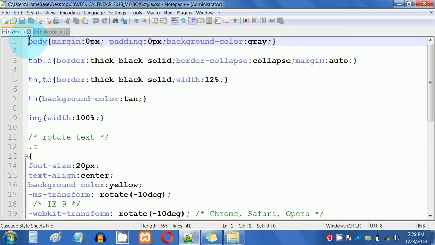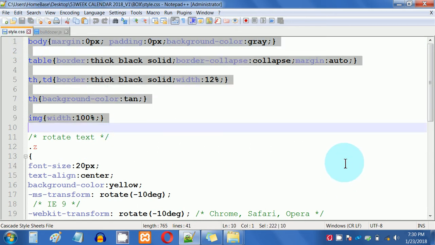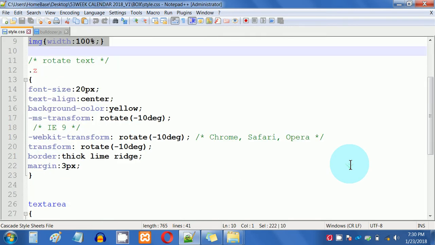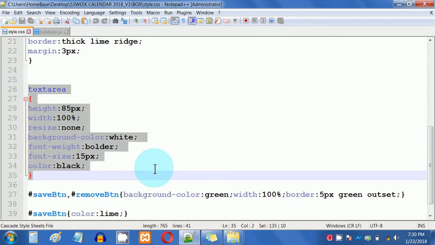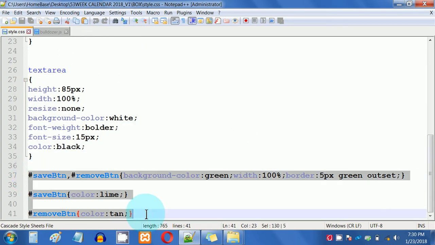So what I'm going to do is I'm going to highlight this. If you want to copy this so that you have the same project and then you could make alterations after the fact, then just hit the pause button, copy it, and then move on. So we've got that section. Now I'm going to move on. Pause it if you need to. All right, that's it for the style CSS. Now let's look at the